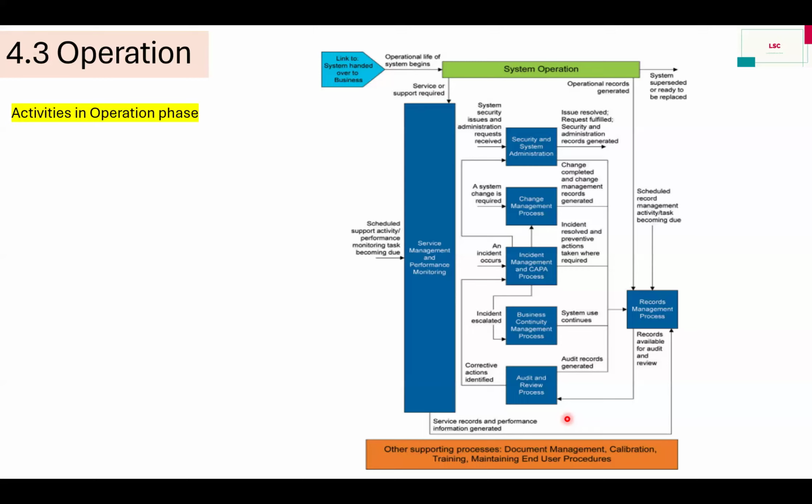Then continuity management, this is also an important part. Continuity management means what is your backup plan, how you back up, and how you restore the data. So this comes in the continuity management part. Second, in the continuity management comes business continuity planning. So how does your BCP, business continuity planning,